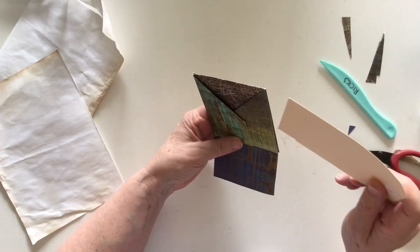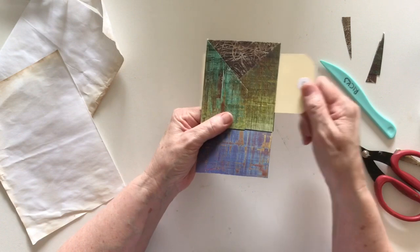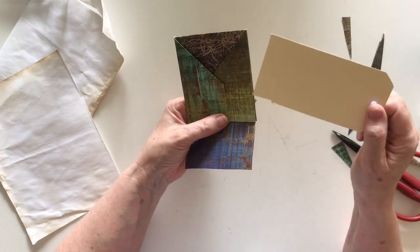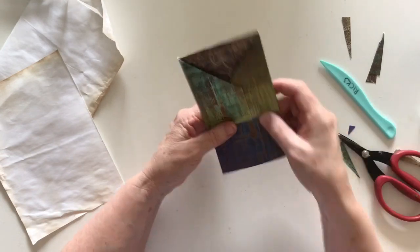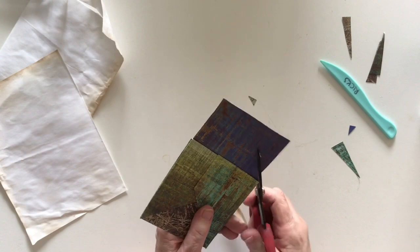So what's now happened is that I've got a pocket through here, or a tuck spot. Now I could have closed one edge down and just had a pocket, but I've decided that I'll just leave it like that and I'll be able to put something in there. So now I've got a pocket here, and a pocket through there. And then this piece I will cut off and I'll just mitre